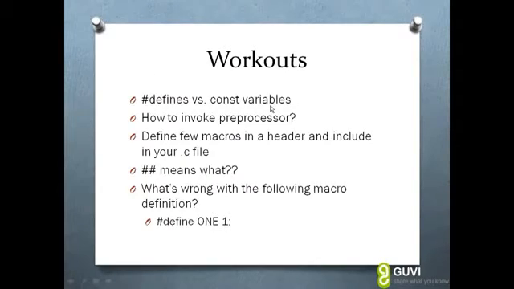Okay. Some of the workouts, this is one of the important questions: what is the difference between a #define and a constant variable? Okay. How to invoke the preprocessor alone? There is a step for it as well. So we can call only the preprocessor. Also, as I defined a few macros, you create your own header files and do it. And there is something called double hash. Check out what double hash means. Okay. And the last one, I have defined a macro with a semicolon at the end. What is the error in this macro? Figure it out. Okay. These are some of the things which you can explore and then practice on your own